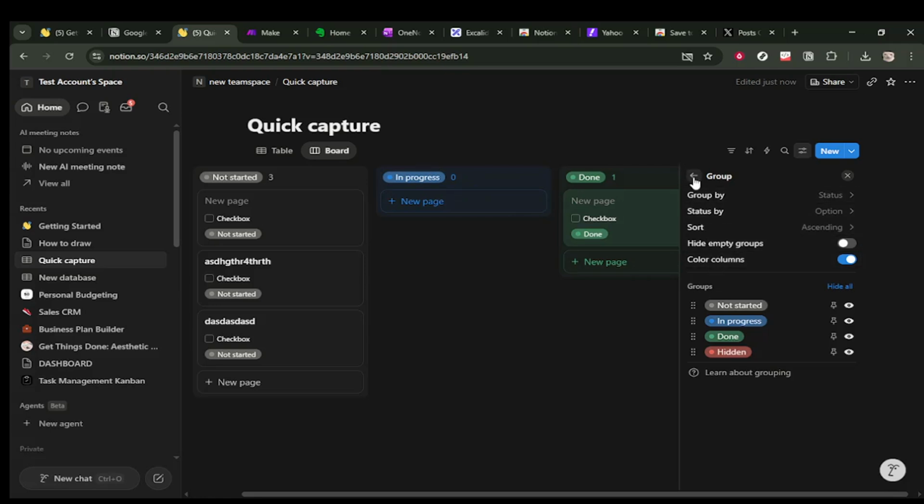Click on Highlight again to focus the group controls, then click on Not Started one more time. This final selection applies the visibility change to that specific group, so the Not Started group is hidden from the board view. If you ever need it back, you can return to the same group